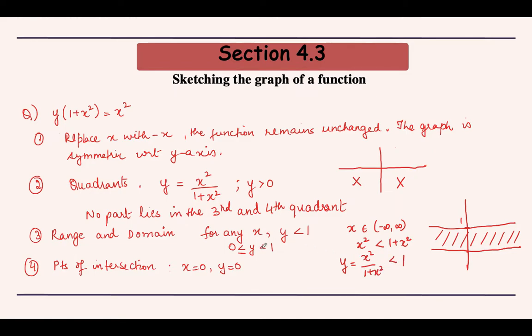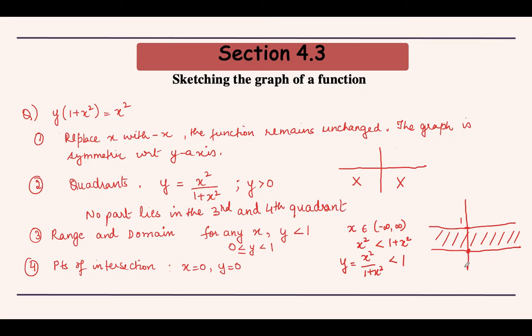Okay, so we have that y is between 0 and 1, and we can also see when we check for points of intersection that when I put my x as 0, I get y as 0. So y could be 0, but it cannot be equal to 1. It is strictly less than 1. So this is our range, and the point of intersection also we get from the next step, that is the origin. 0, 0 is the point of intersection. So this is the point through which the curve is going to pass.